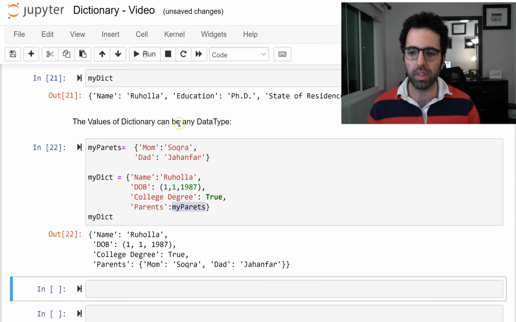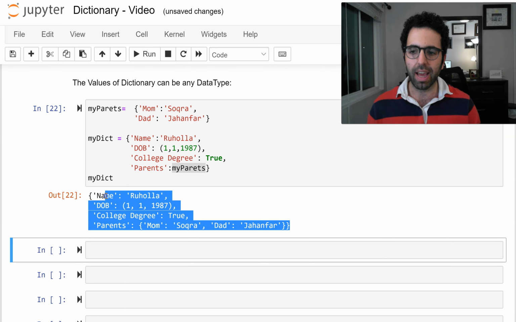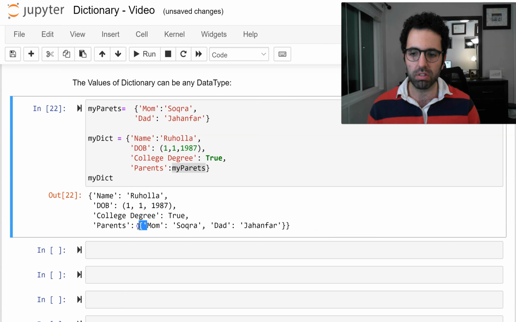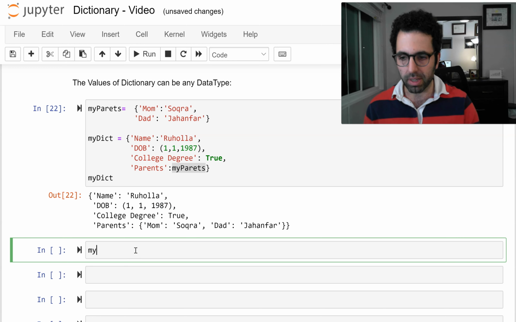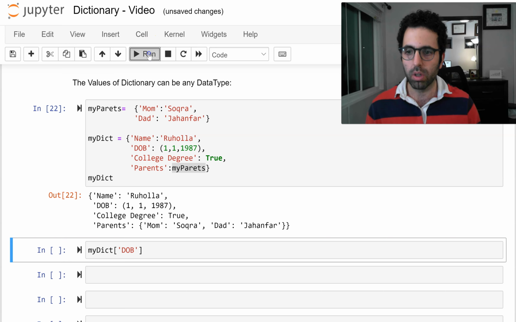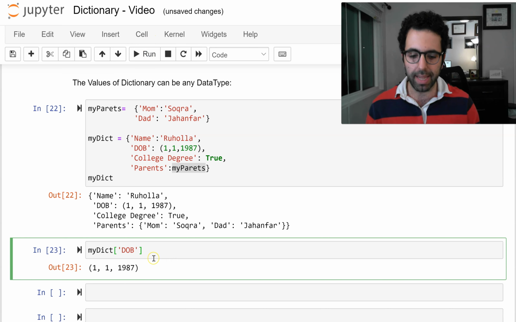So once I run all of this, I do see that I have a dictionary that has a dictionary inside it and also a tuple inside it. So you can see that a dictionary can be very useful to have a very good structure, structure within structure for your data. So for instance, I can say my dict. For instance, I want to access my date of birth, right? So this gives me my date of birth, but the brilliance of it is now I can access the day,